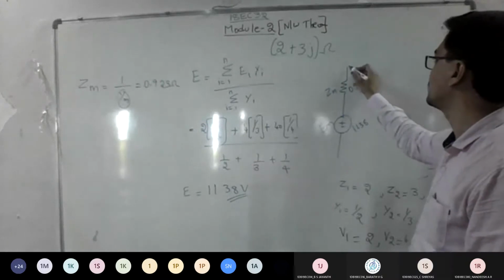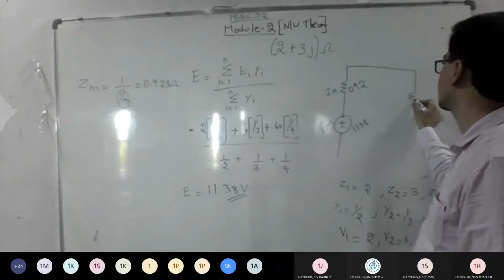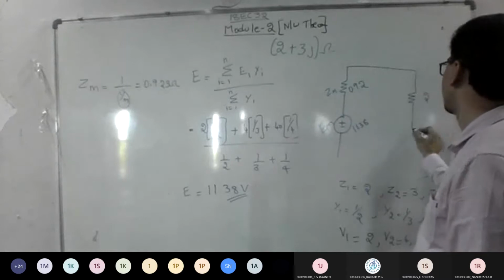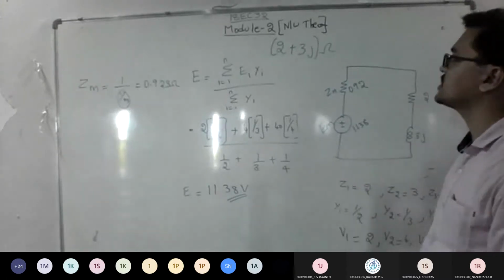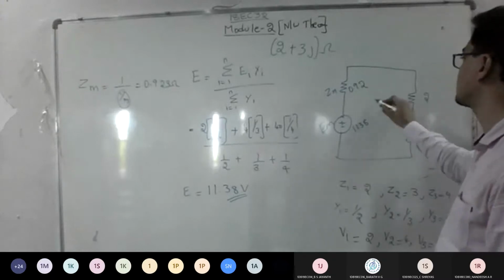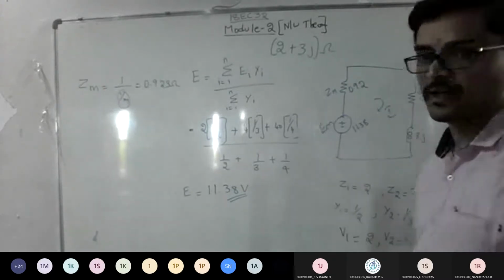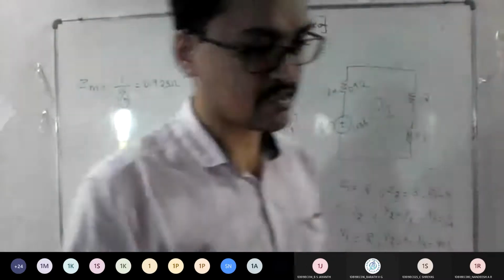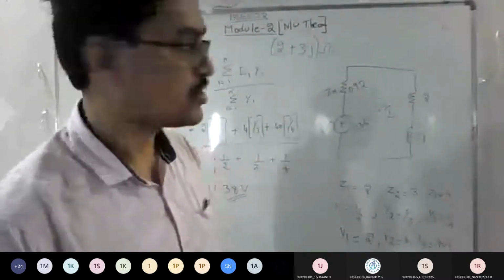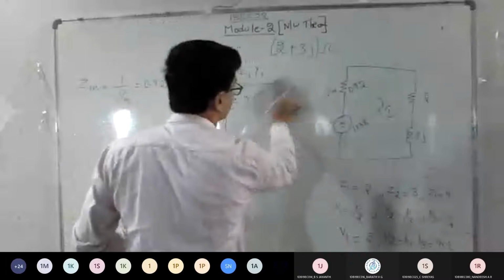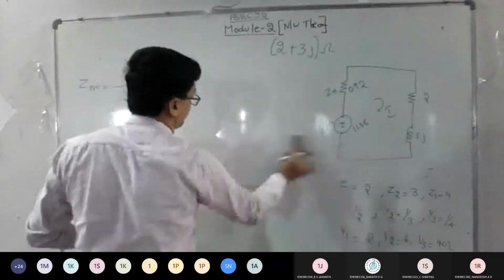I am writing a new circuit now. So there was an impedance across 2 and across your inductor, so this was 3J. Now what do I want? I need to find the current across this. I can apply mesh analysis, or directly I can apply the I equals V by R rule. I told this in the last class, right? I equals V by R logic.